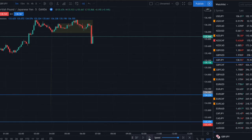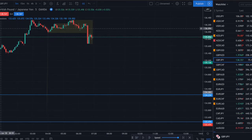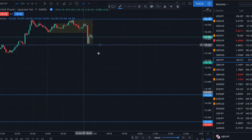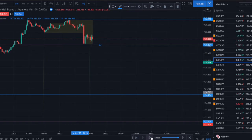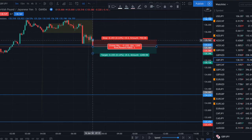It means our range is gonna be really big. So basically I will not be lazy. Put one here. What you can do is create 2 stop orders or limit orders, and basically you wait for one to activate and then you cancel the other one. Okay, I think the London session already starts here. We cross, so we go on a short. We go on a short, we put here